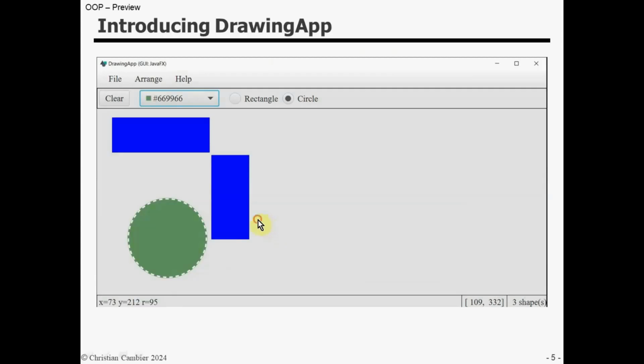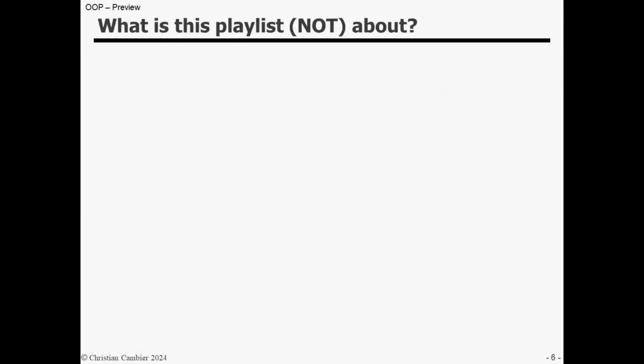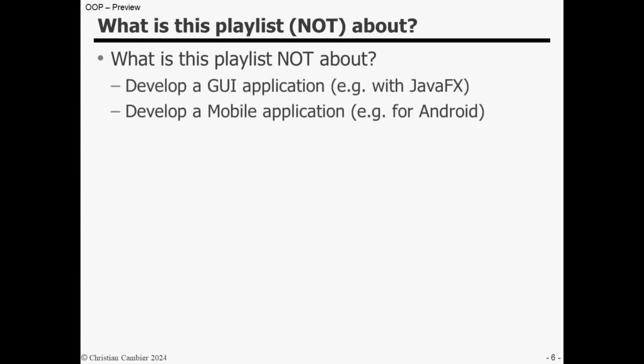Getting started. What is this playlist about and what is this playlist not about? It's not about developing a GUI application. GUI stands for Graphical User Interface Application. For example, with JavaFX, nor developing a mobile application, for instance for Android, because actually before we can start to draw rectangles and circles, we need to first define and then implement in Java what a rectangle is, what a circle is. Not in a quick and dirty way, rather in a way which will make our application robust and